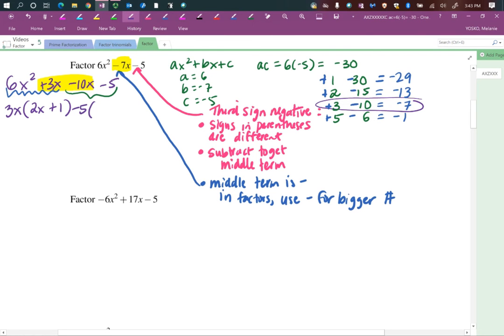So negative 5 times what is negative 10x? 2x. Negative 5 times what is negative 5? Plus 1. Does that make sense? So you see now that this and this are the same. Let's go over here. If we were going to factor